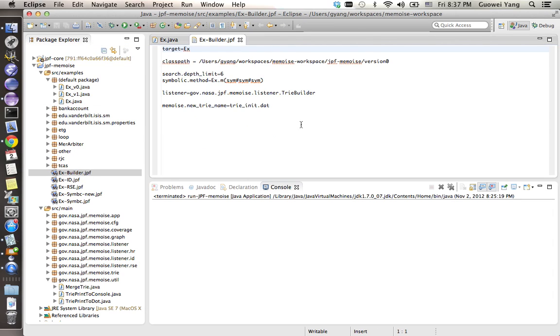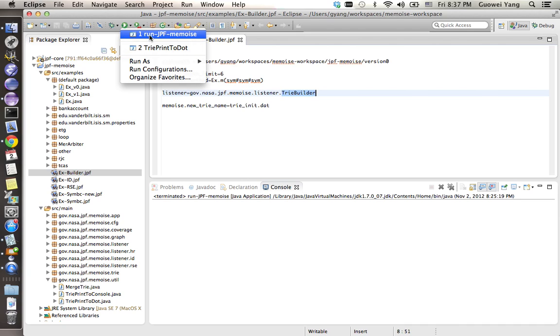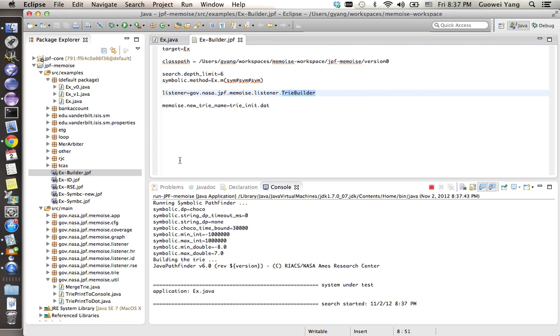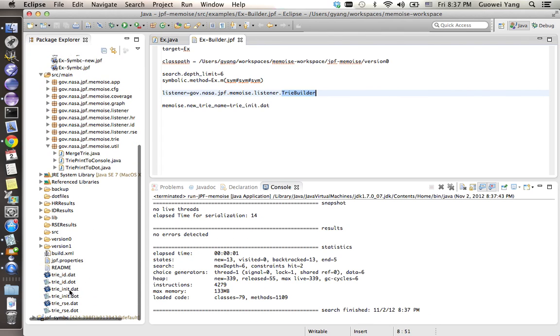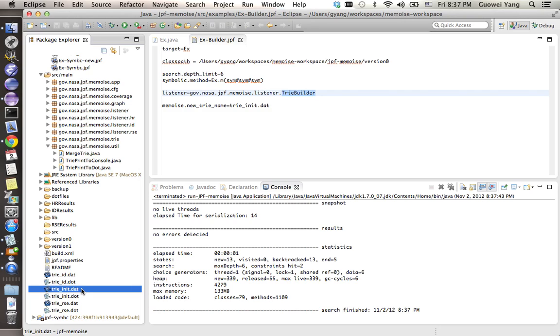First, we need to build a trie for use, and here's the JPF configuration file for that. We use trie build to build a trie on the fly. Now we run it. After running this, we should get a trie file, and we can print it to a dot graph for visualization